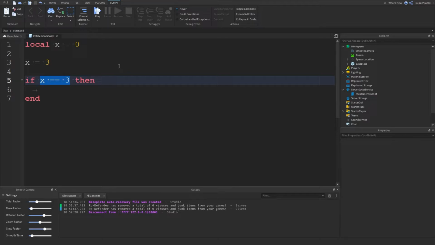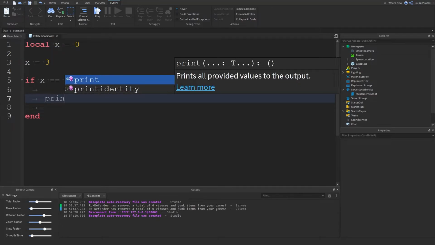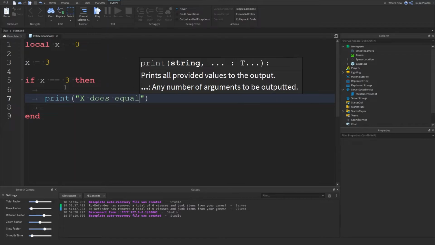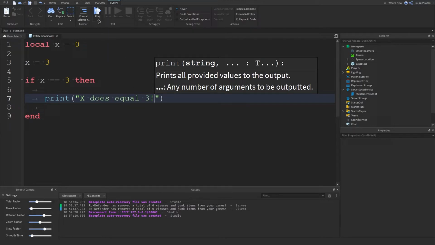Since x does equal 3, when we reach here, it's going to replace this with true in its own mind. It's not going to do that for you, but the script will know that it's basically just going to say yes or true to itself. And then anything inside this block of code will be executed. So if I type print x does equal 3,